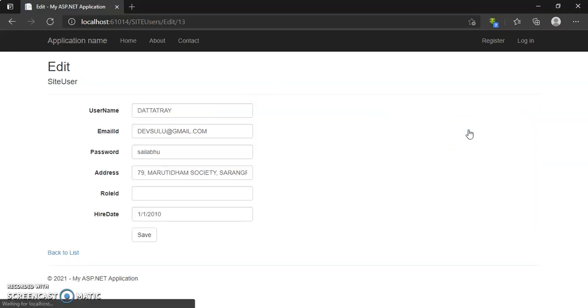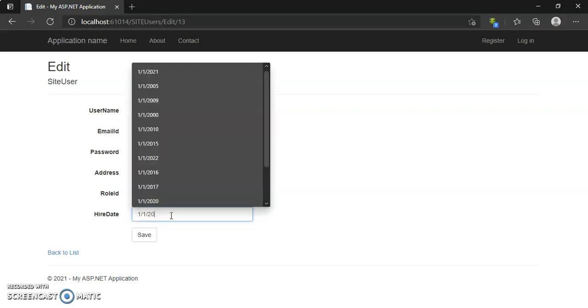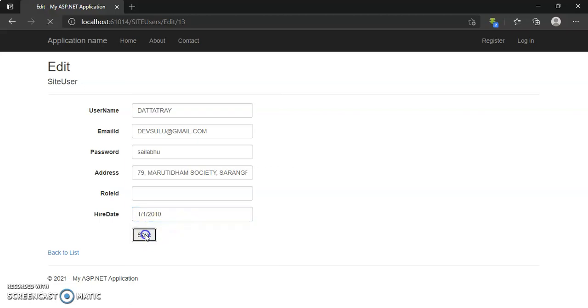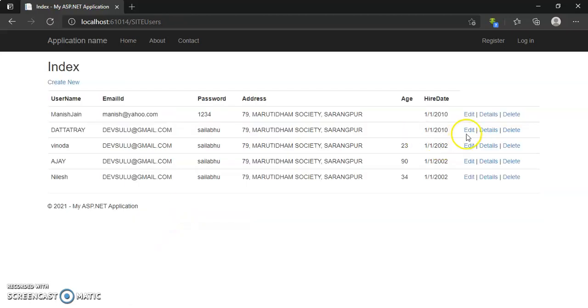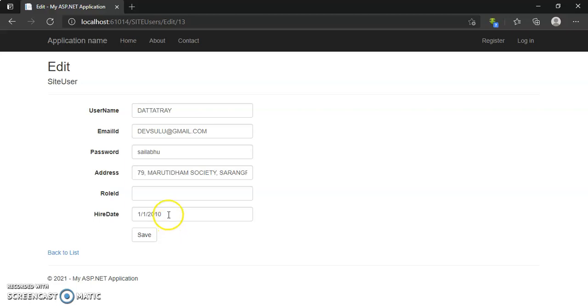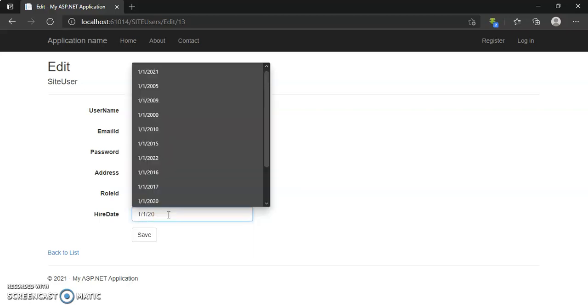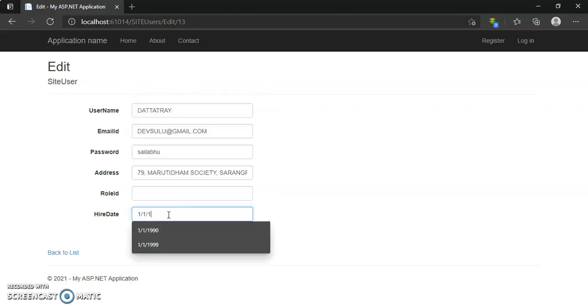We have given the 2000 date. Now I will pass 2010 in place of 2000, or 1990 for less than 2000.